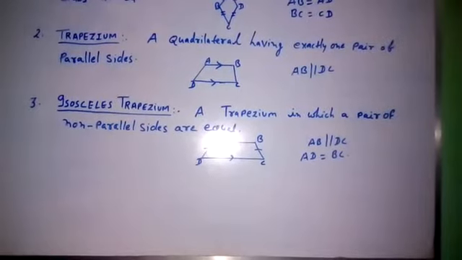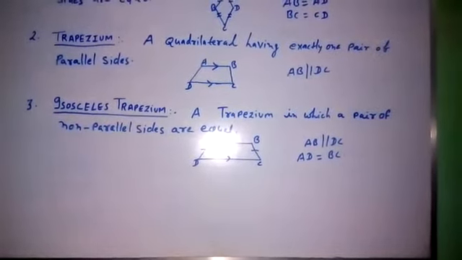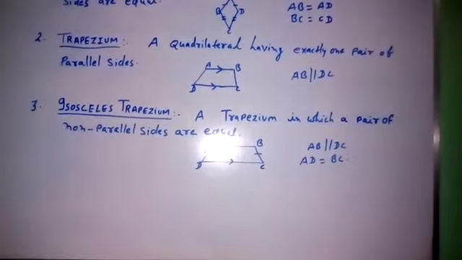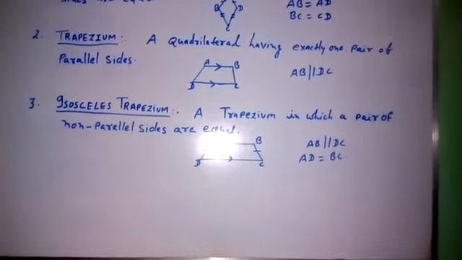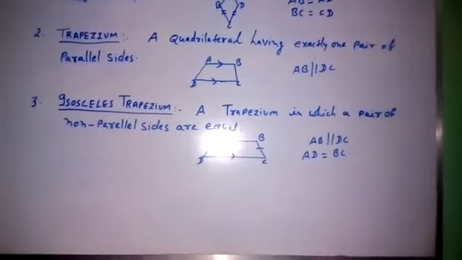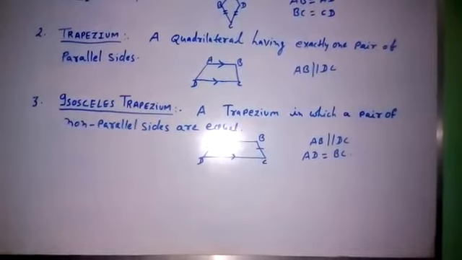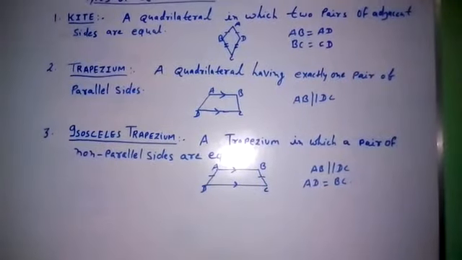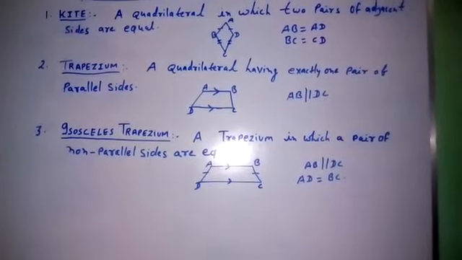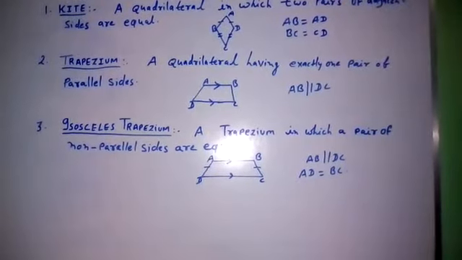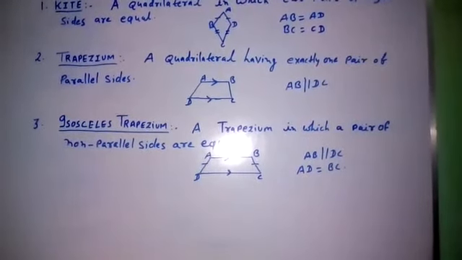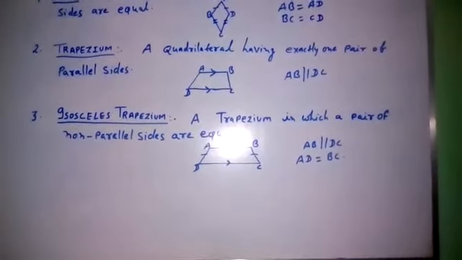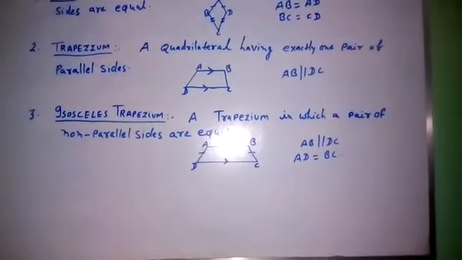Now what is an isosceles trapezium? The third type of quadrilateral, isosceles trapezium. A trapezium in which a pair of non-parallel sides are equal. It means, as is clear from the above definition, a quadrilateral having one pair of parallel sides is called a trapezium. Then the other two sides are non-parallel. It means if the non-parallel sides are equal,